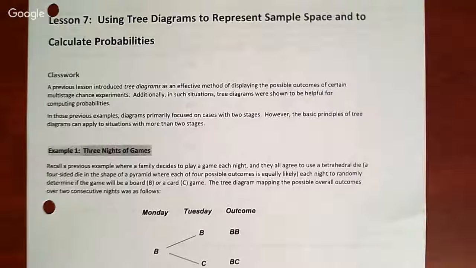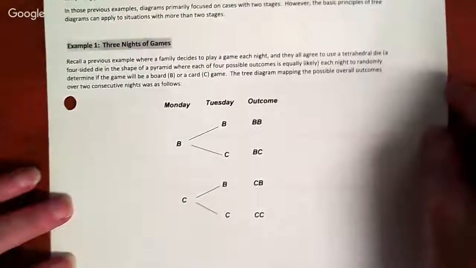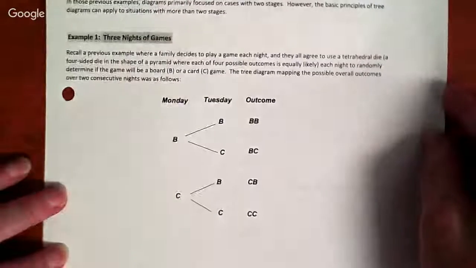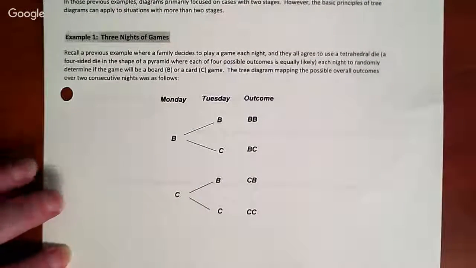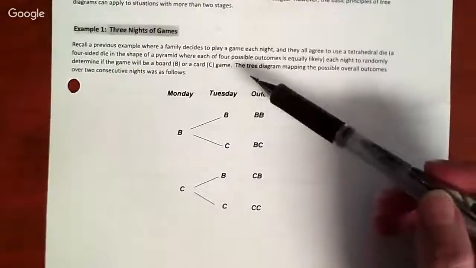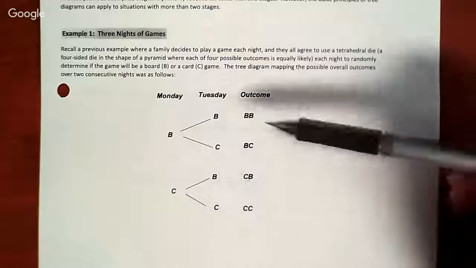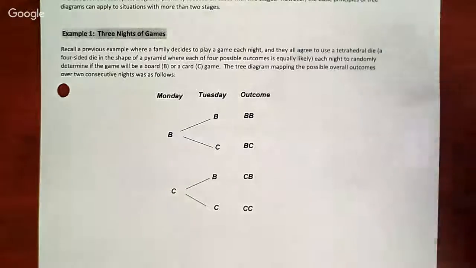So as you recall, in the one that we did for the board game, we did the one for Monday and Tuesday, and here's what that one was. And as you recall, we had a board game. You had your choice of a board game or a card game on Monday. And then on Tuesday, you had that same choice. So here were your possible outcomes for those days. So now when we turn the page,